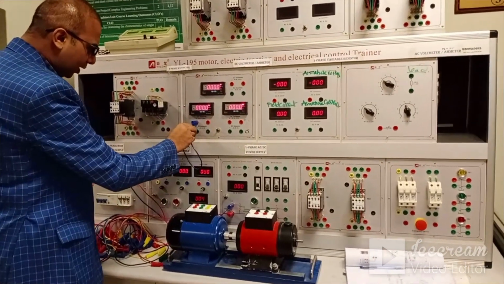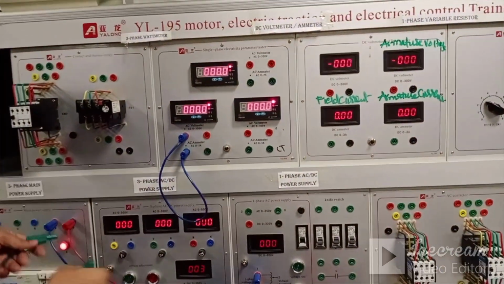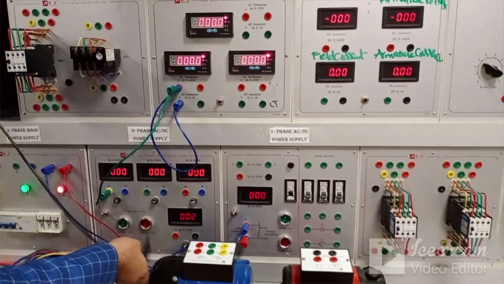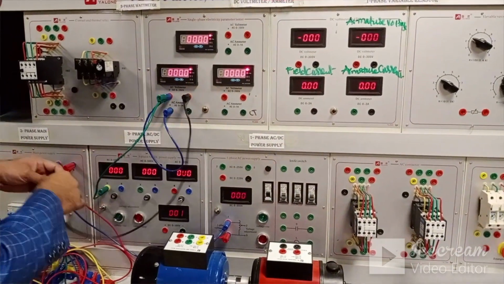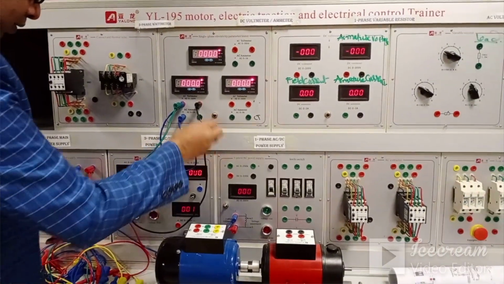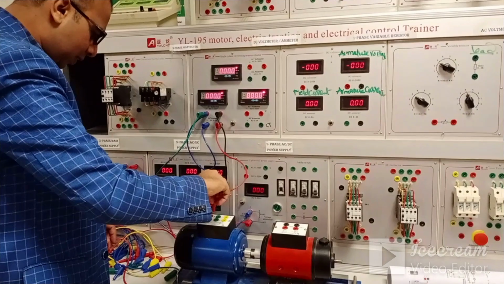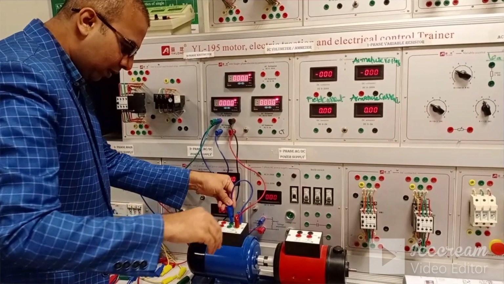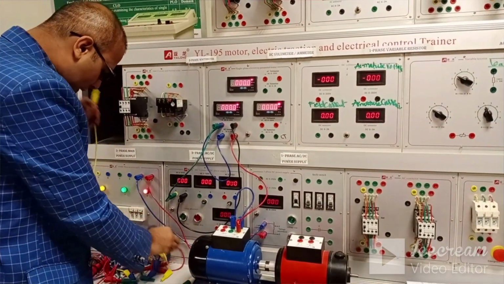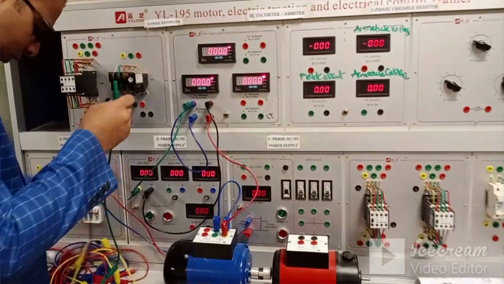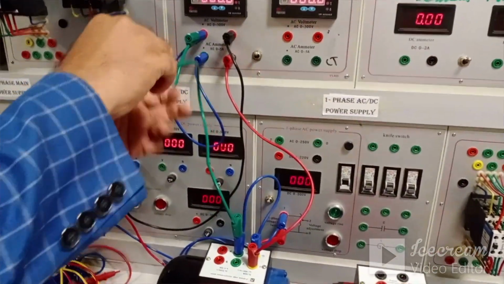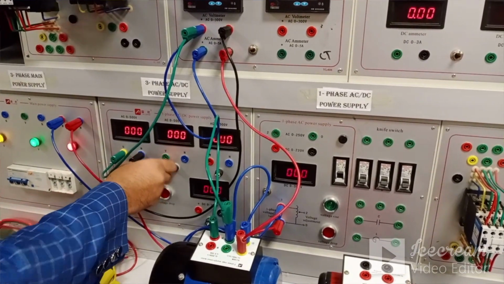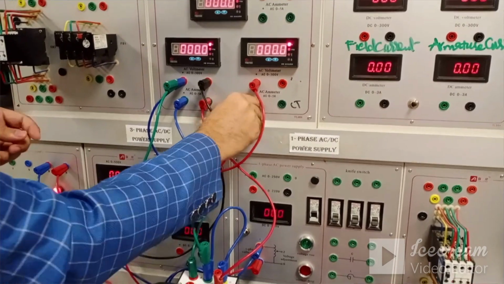It has three phases. We have to take the three-phase supply, and the wattmeter is connected in between any two phases. So this will be the first phase, and this will be connected with this neutral, and then this is going to be connected with this, and it is star connected. Obviously our last points will be the shorted ones, and again the second phase we have to take in, and again this will be another phase.